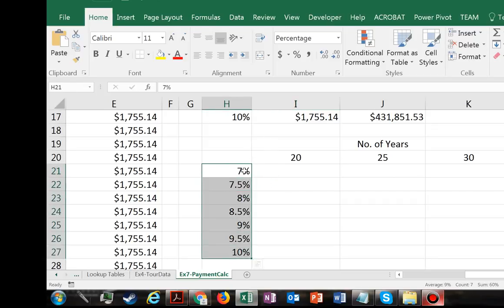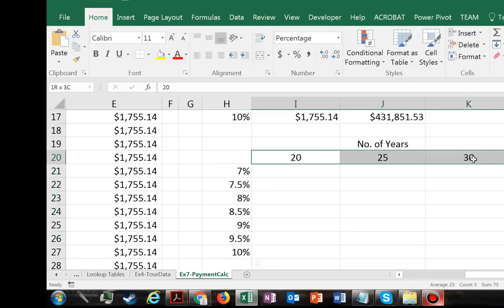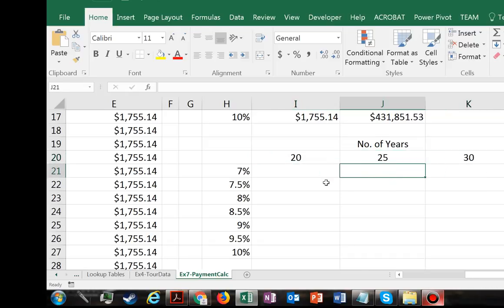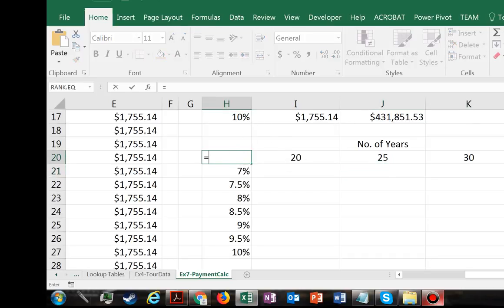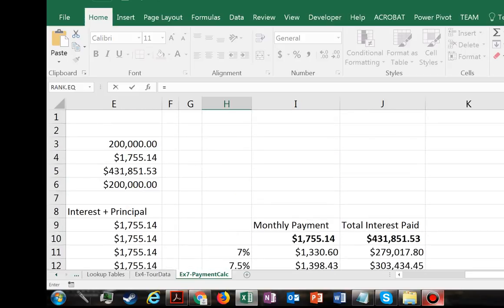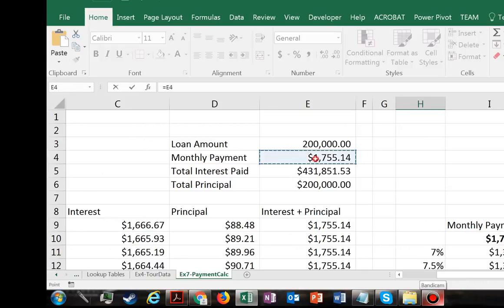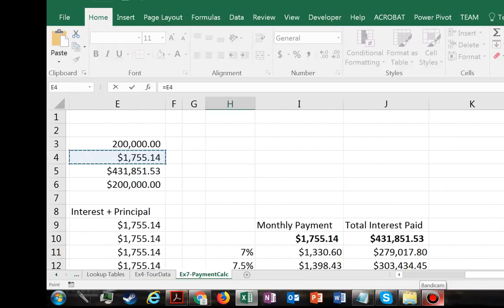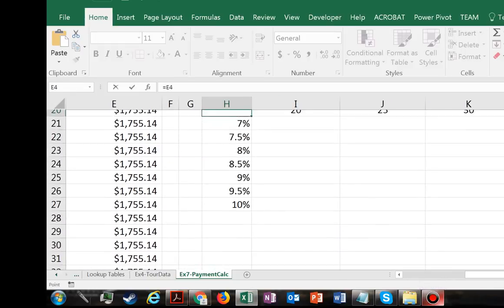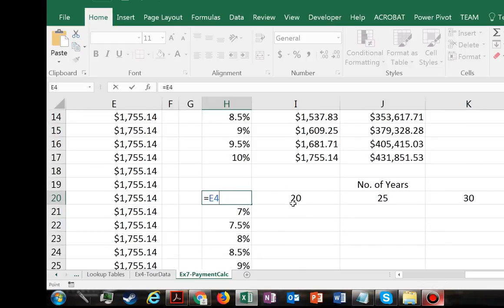values and entering whatever we have in the column, we may also want to enter variables that we have entered along the row. So now we have a two variable data table. So first, let's enter the formula for the result that we want to analyze, and we want to analyze monthly payment. So we can just set that to E4,